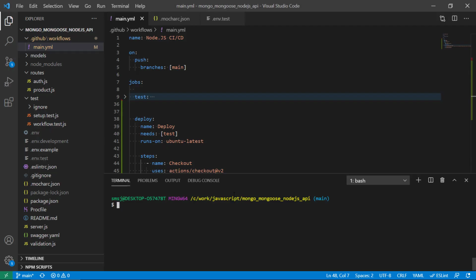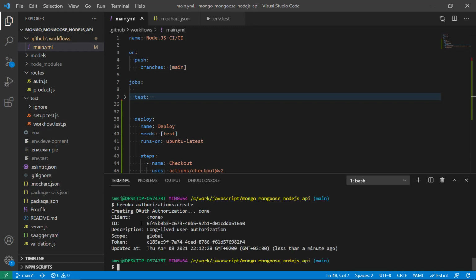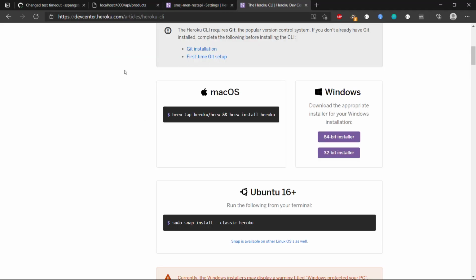And then we run a command called heroku authorizations:create. Then we can see that Heroku will create an OAuth authorization, and it's going to create a token. We're going to copy this token, and then we go back to our